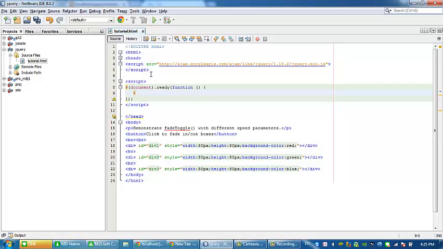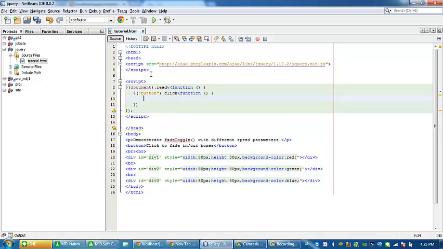And we will get the button. And we will get the first div. So the ID is div1.